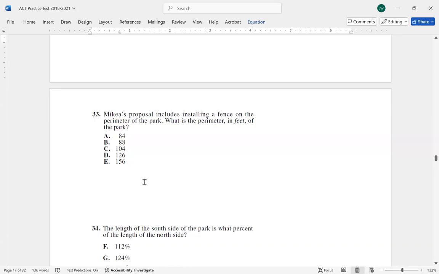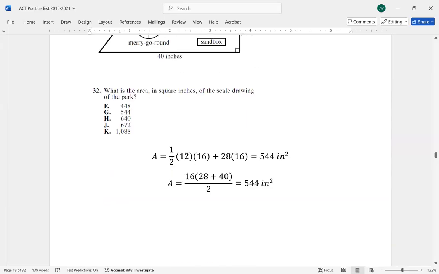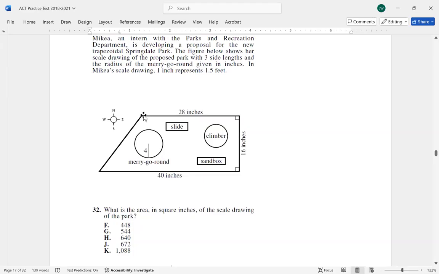Question 33. Micaiah's proposal includes installing a fence on the perimeter of the park. What is the perimeter in feet of the park? I'm going to first off find the perimeter in inches. And since we know that each inch represents 1.5 feet, then I'll multiply by 1.5 to get the number of feet. So I go back and look at this, and the perimeter is going to be 28 plus 16 plus